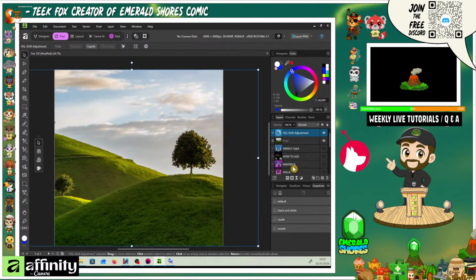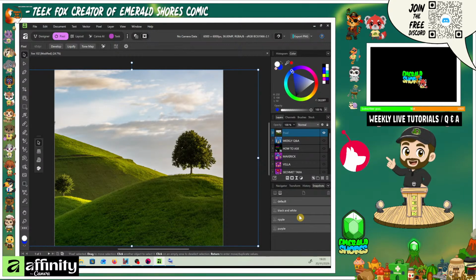There. So snapshots in general, they take you to a point in time that you were. So a bit like the history, but more like you could add all sorts of stuff to a snapshot, then take a snapshot of it, then delete all that stuff, and you could always bring it back. Not quite like history, but it is a little bit like history. It's like odd. Yeah, no iPad version yet. It's so annoying. So if we wanted the black and white snapshot, we could go to this one,